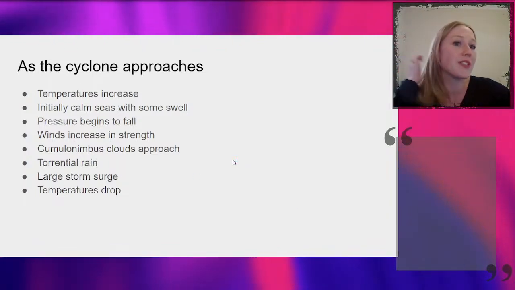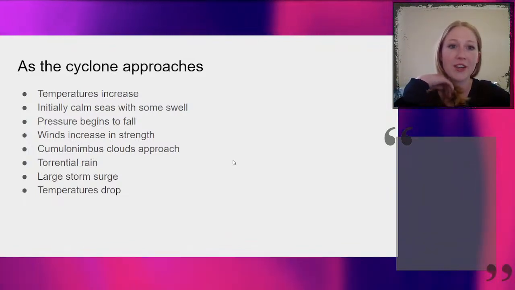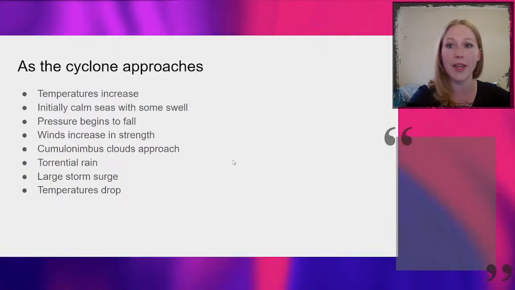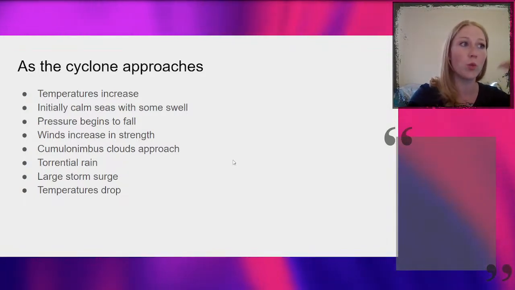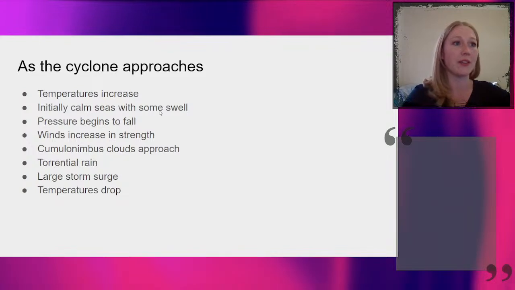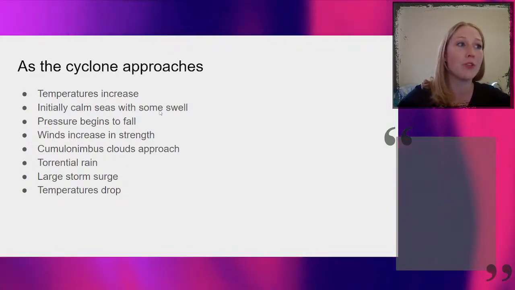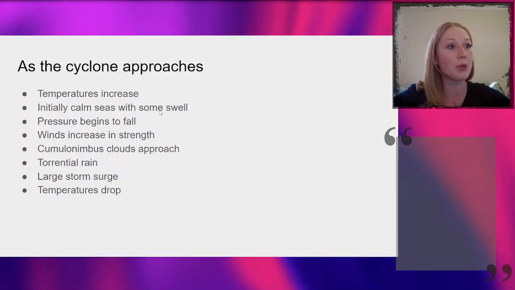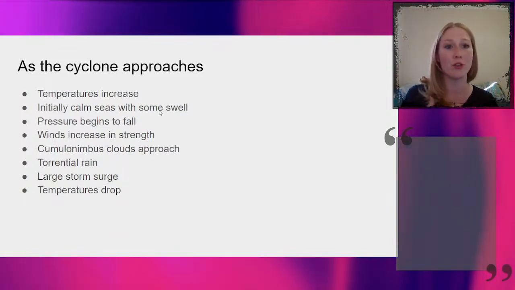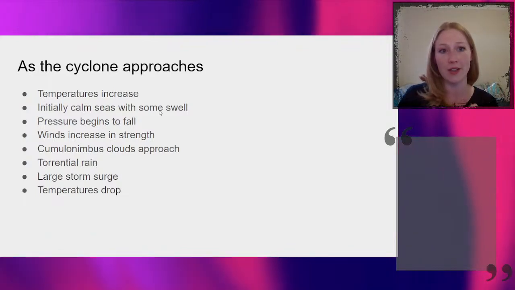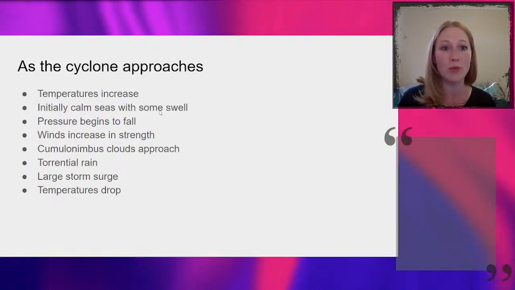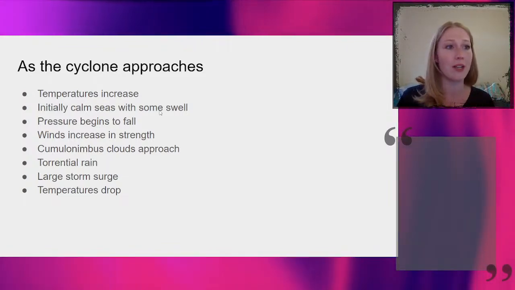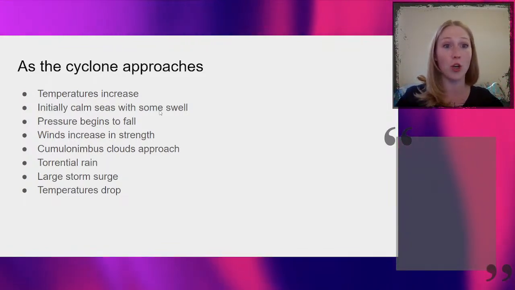As the cyclone approaches, temperature increases. Okay, it's very warm inside the actual cyclone, inside the hurricane. So as it gets closer, it gets warmer. Initially, things might seem calm, pressure might fall, but as it comes closer, wind speeds will build up, rain will build up, and it brings with it storm surge. We tend to underestimate how much damage is caused by storm surge. We usually think about just the wind and the rain and all of that, but that flooding from the ocean,